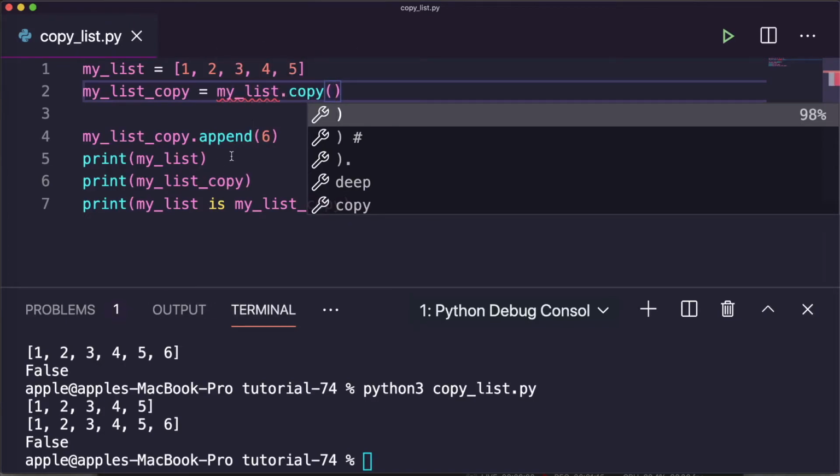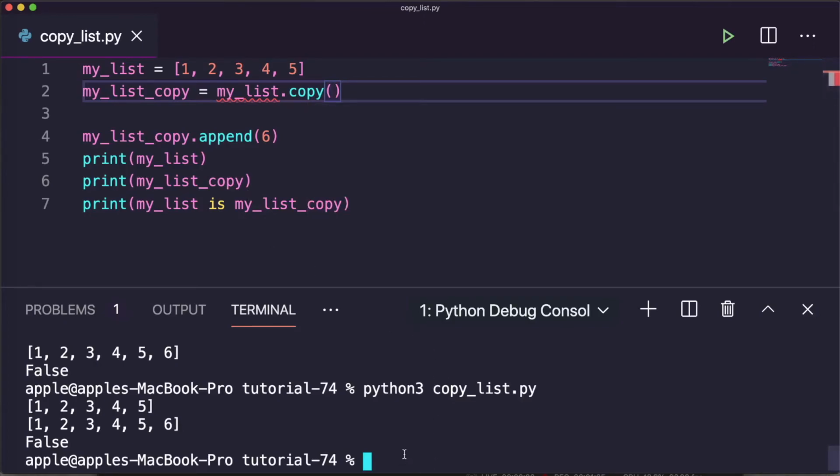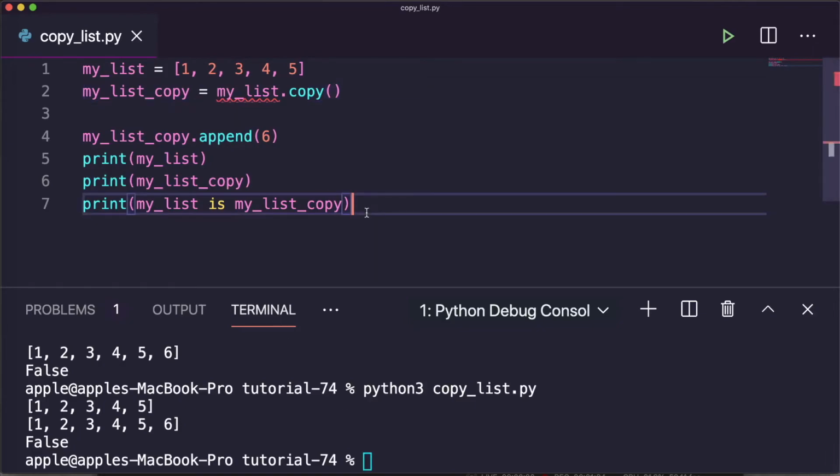It is available from Python 3.3 onwards, so it is not in older versions of Python. Let me execute it in Python 3. Here it is: copy is the most readable and the most efficient way to copy a list. So I would recommend using this one in your application.